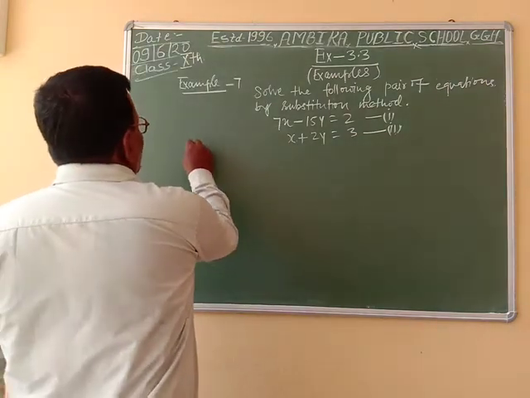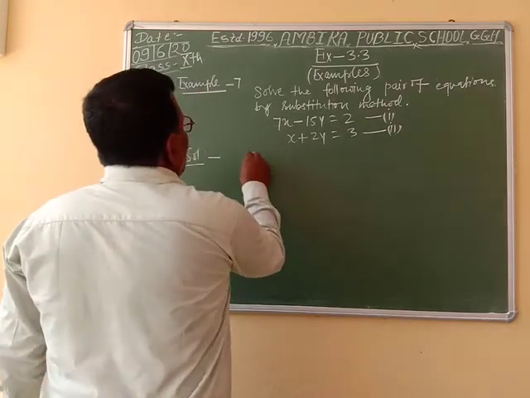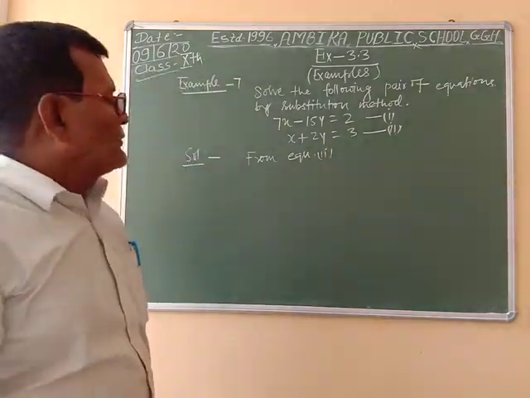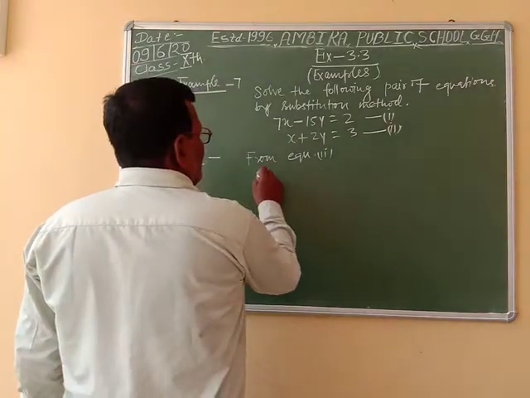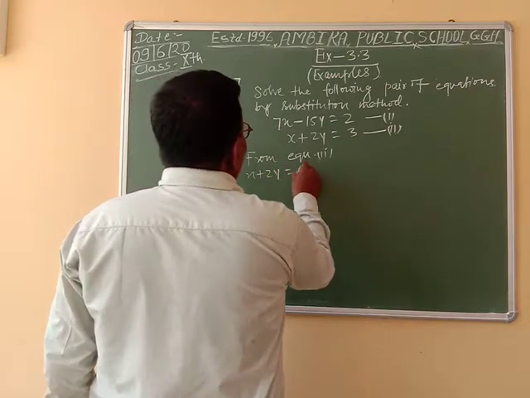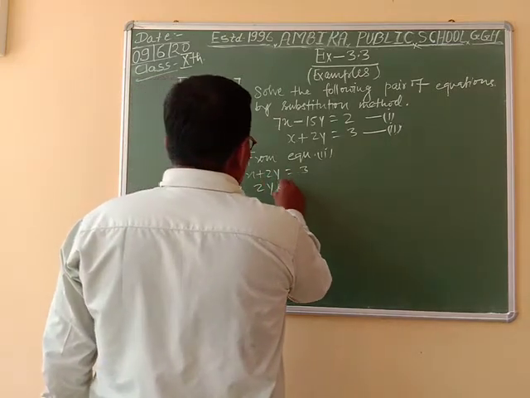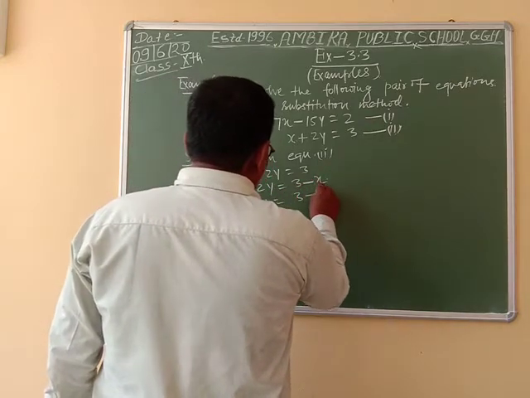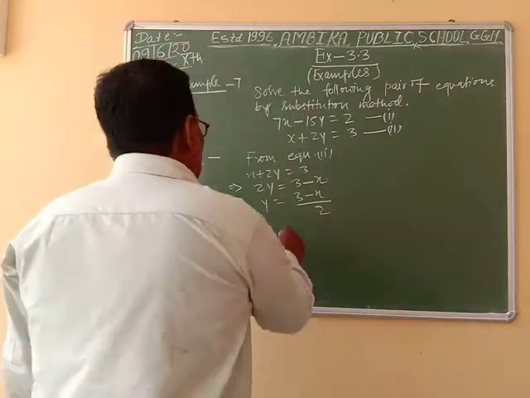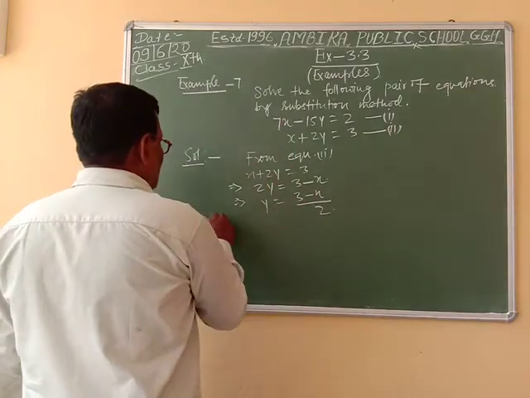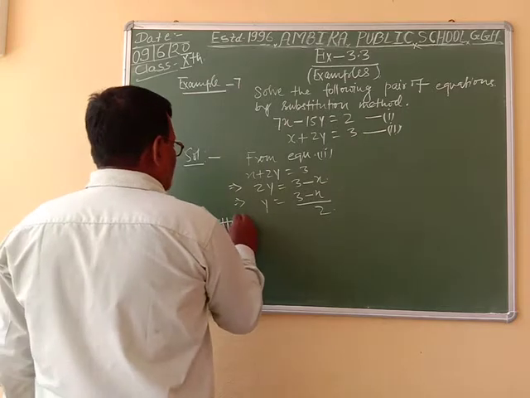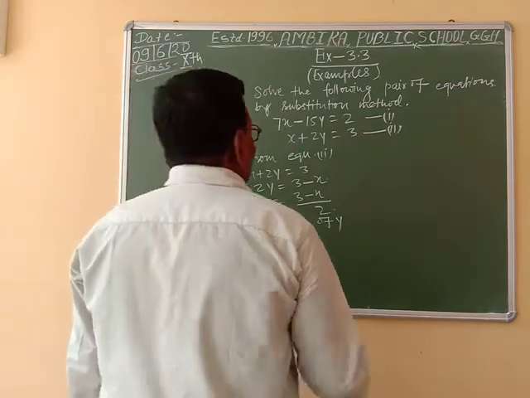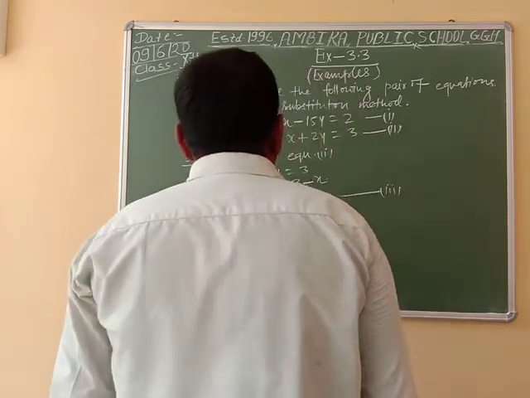So, from equation 2, x plus 2y is equal to 3. 2y is equal to 3 minus x. y is equal to 3 minus x by 2. Putting the value of y in equation 1,